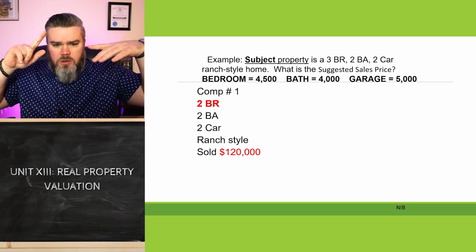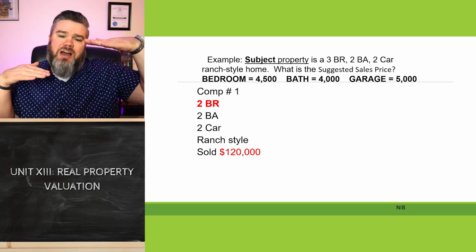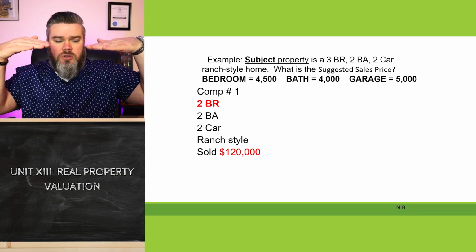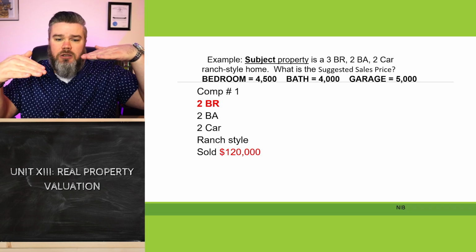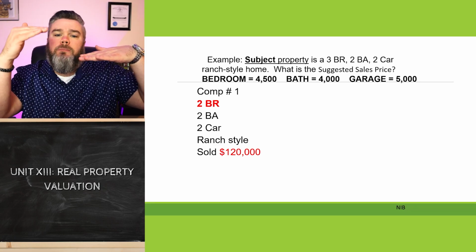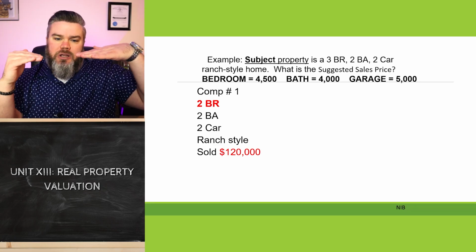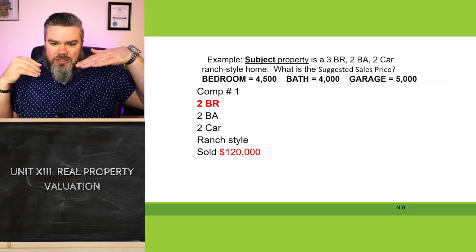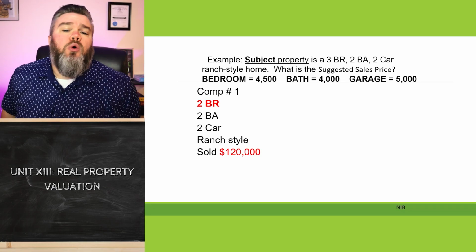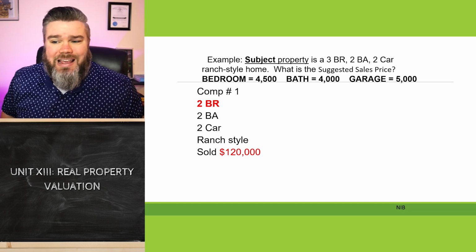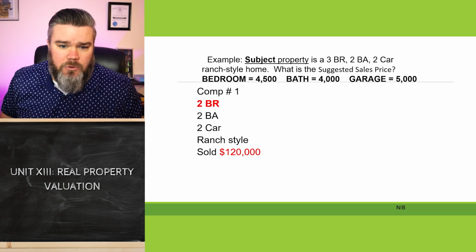And so when it's inferior, you've got to adjust and add value to the comparable. If it's superior, you subtract, right? Think of it this way: superior, subtract, inferior, increase. You can kind of see how those sound similar. And so we're going to add some value here because what we're answering is, what do we think it would have sold for if it had had that 3rd bedroom?